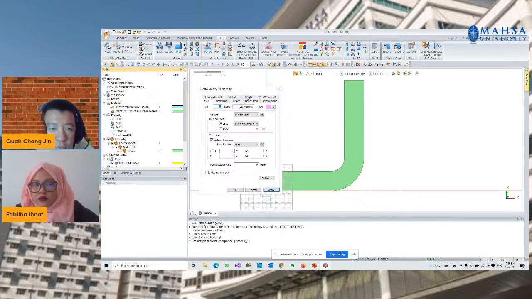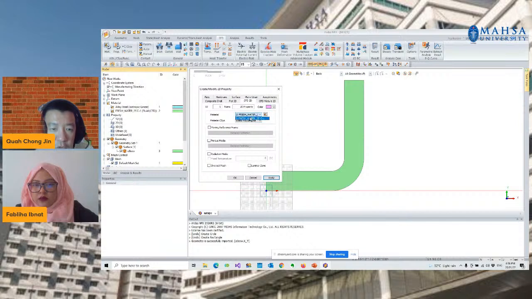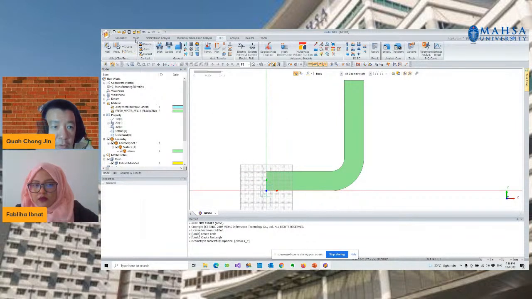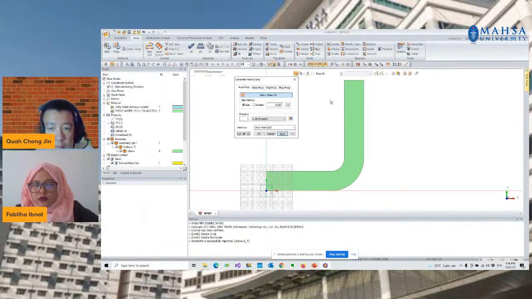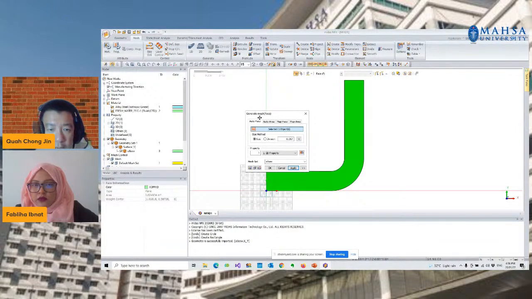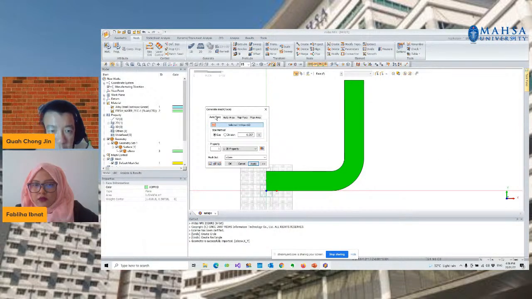So we just go to CFD 2D and choose the fresh water. And we should be able to create the mesh in 2D. All right, so this is the mesh generation. Using the autoface, you have several options to implement different types of methods of generating the mesh. In this case, I prefer using the autoface.